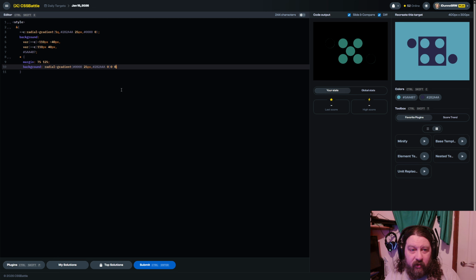So if we do 0, 0, 80 pixels. We'll also remember to give this a 1Q to make it a circle. And if we also do 80 pixels that way,